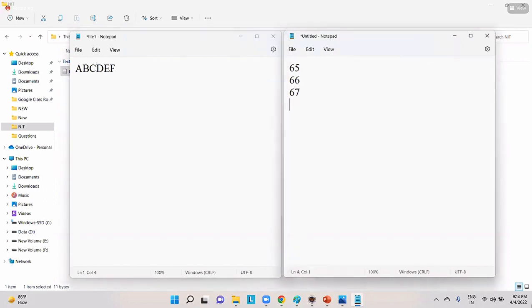One more time, 68. And from here, the cursor will move to like this. One more time, 69. And the cursor will move to like this. So one last time, 70. And the cursor will move to like this. Now, if you are calling read method for one more time,